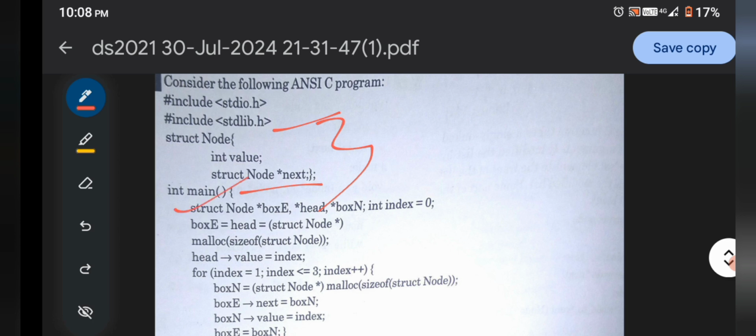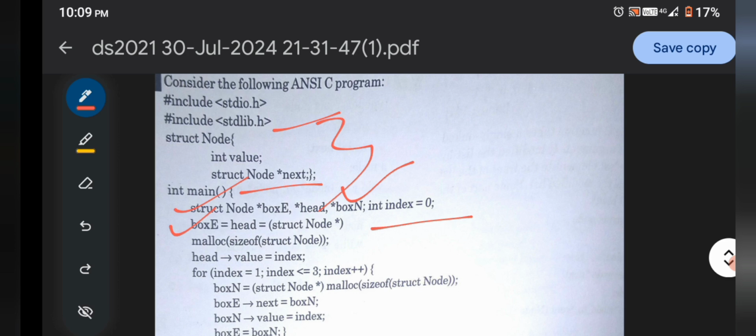In the main function, with structure node, there are pointers p, q, head, and the index value is initialized to 0. Now coming to the next line of statement: q equal to head, and head is pointing to the structure node.